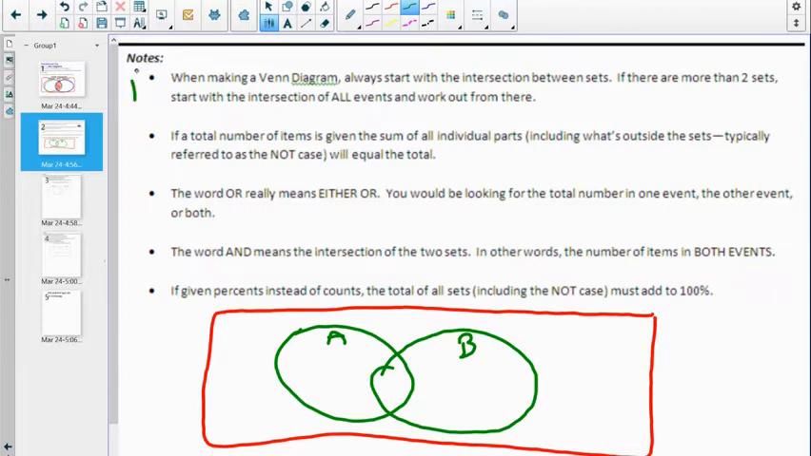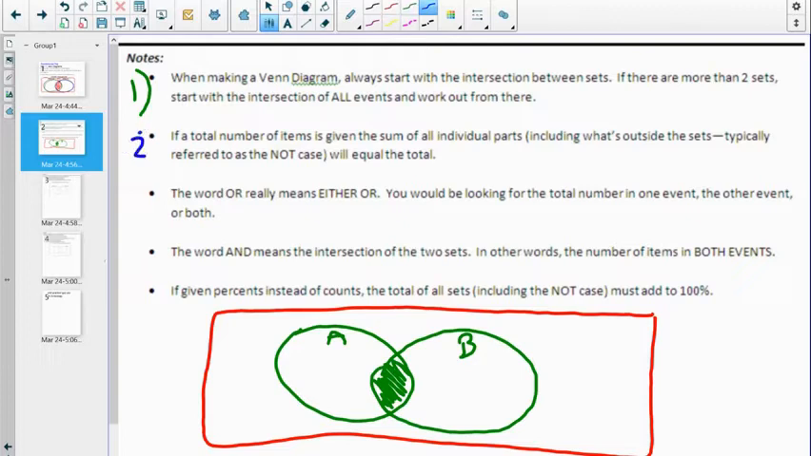So for number one, you're always going to want to start with the intersection between the two sets. You're always going to want to fill that in first, that green area. And if there's more than two sets, in these examples we're only dealing with two, so don't worry about having more than two for now. And then for step two,